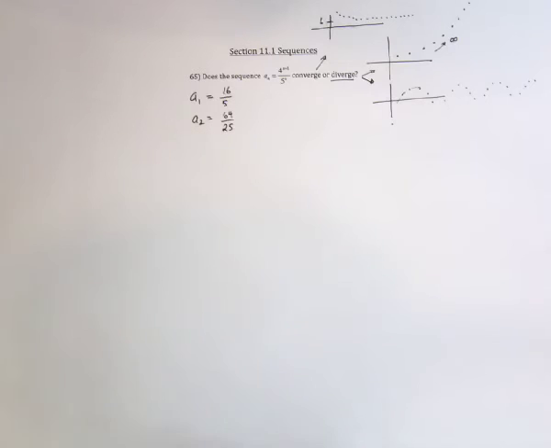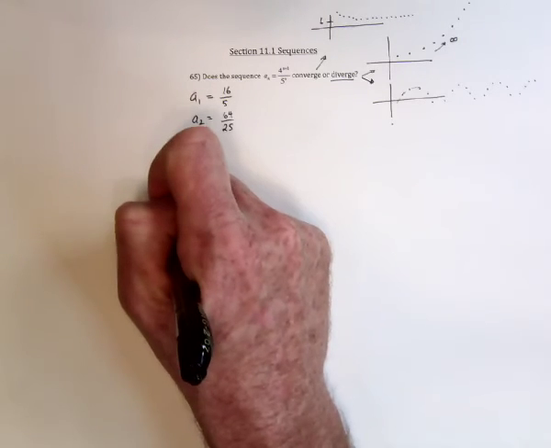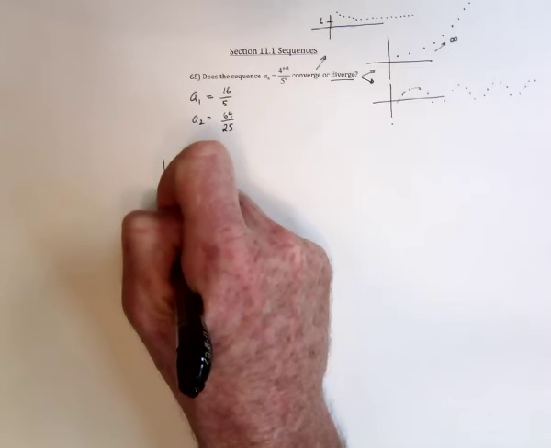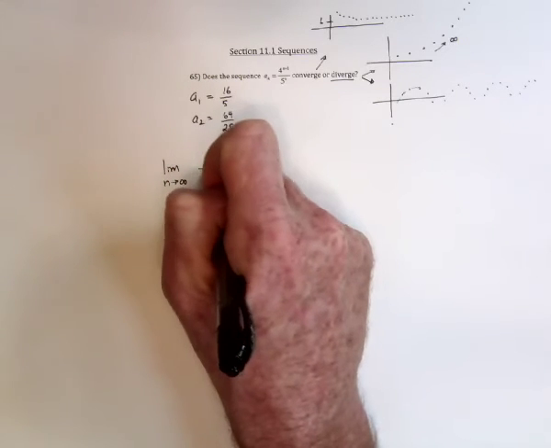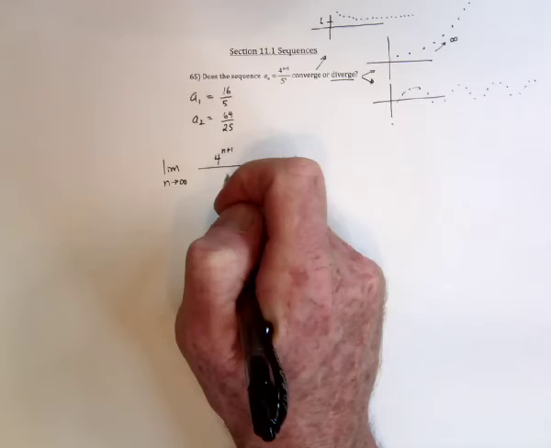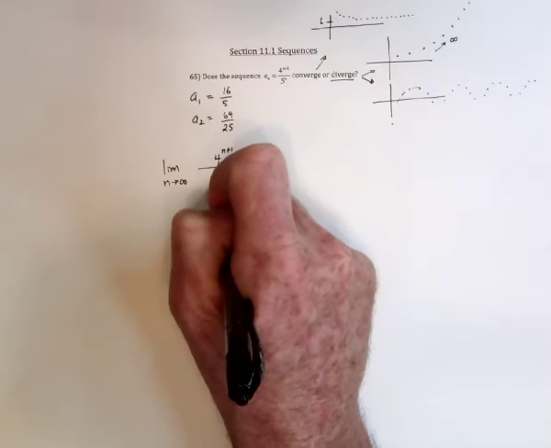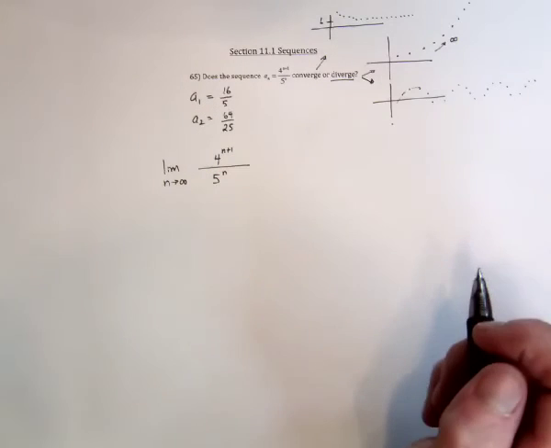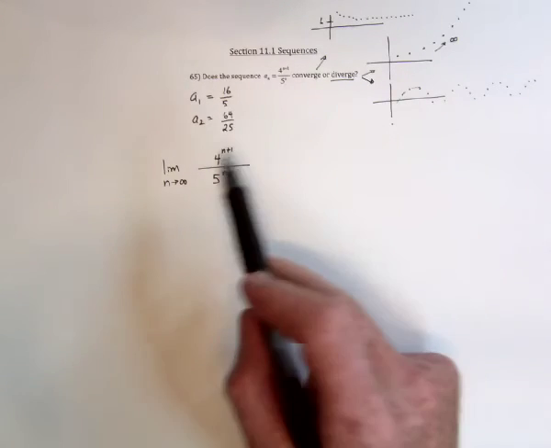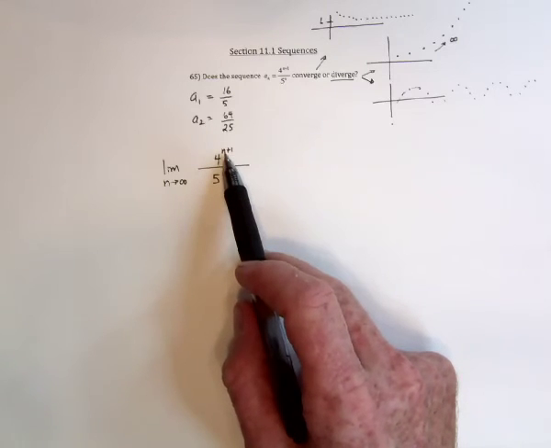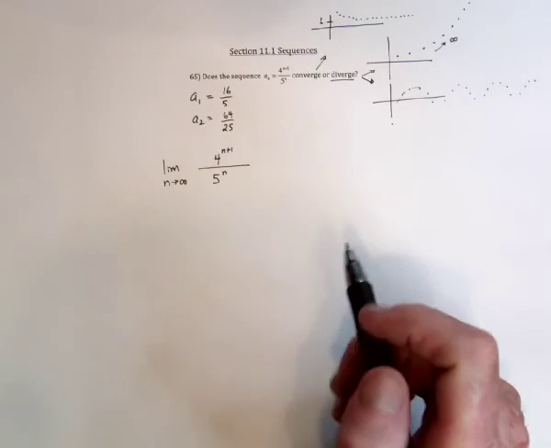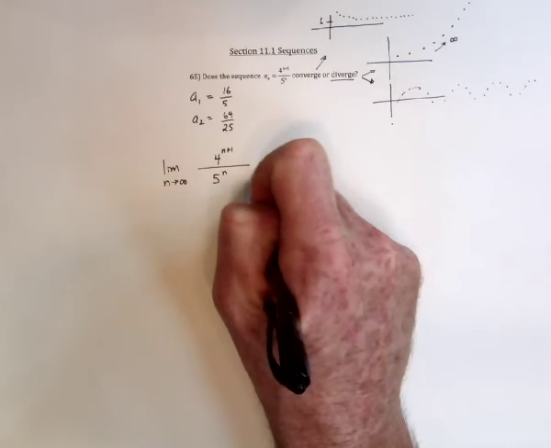Now, can we actually prove it? Well, let's see. We could take the limit as n goes to infinity of (4^(n+1))/(5^n). Since n is going to infinity, 5 to infinity is infinity, and 4 to infinity is infinity. That means you're allowed to use L'Hopital's rule. So if we do L'Hopital's rule,